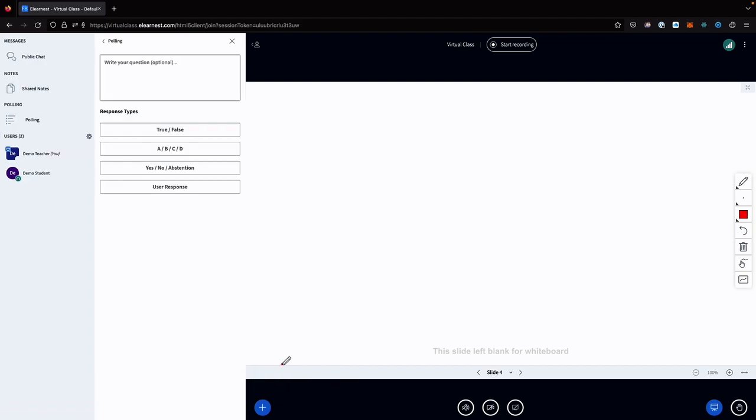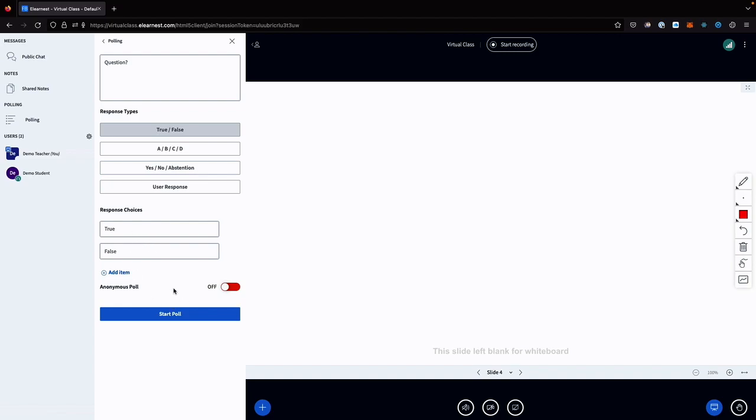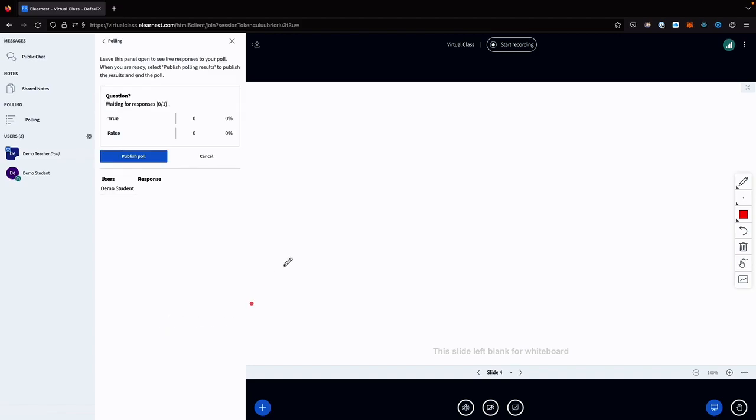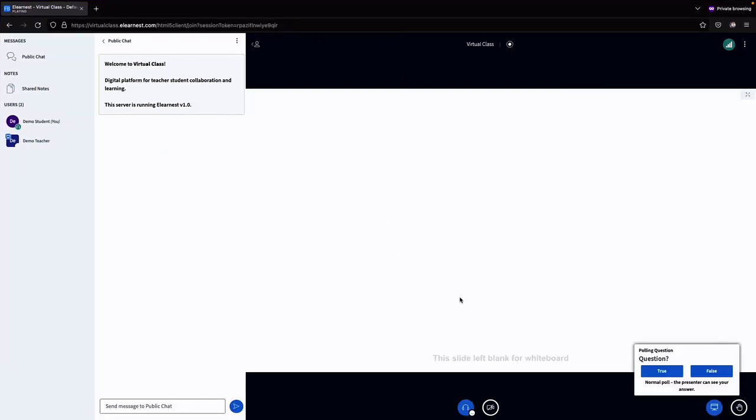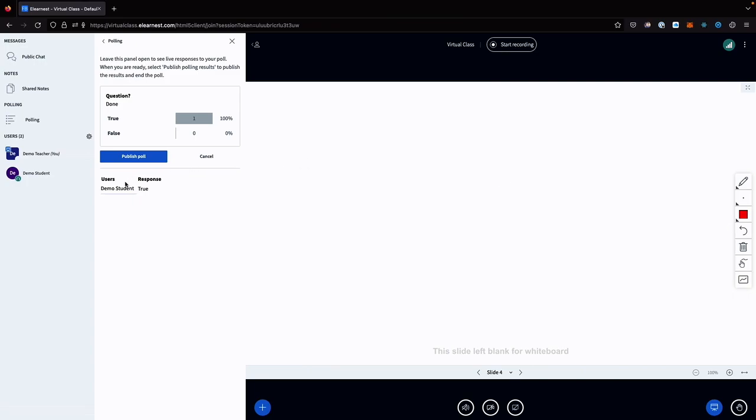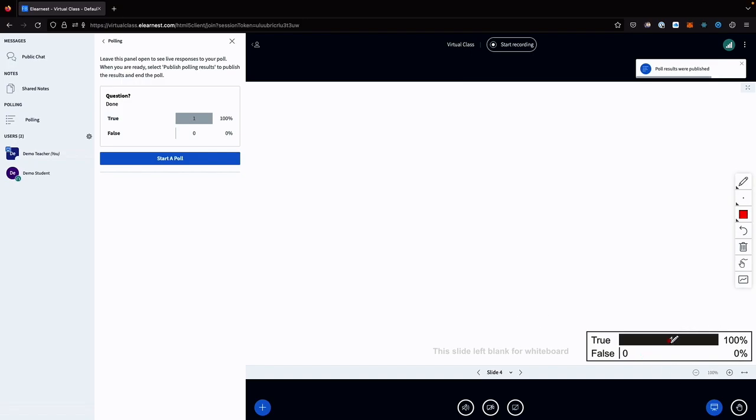We have a poll, so we can create a poll with a question, say true and false, ABCD, yes, no. It's up to the teacher how they want. So I'll say true and false and start. Once we start, everybody will get a pop-up. Students can see the polling question, true or false. They can say true. Now we go back, and here we can see demo student response as true. You can publish the poll and it'll show here,